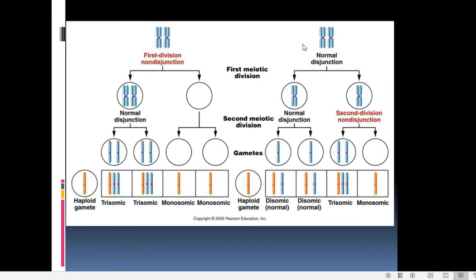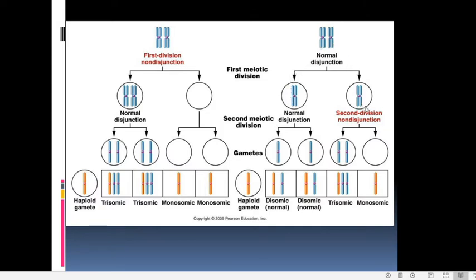So what will happen to a particular homologous pair when meiosis occurs? During meiosis, in the first stage, the parent cell will divide into 2 daughter cells, and just prior to this division, the homologous pairs will come and align together. So when the first meiotic division occurs, there will be formation of 2 daughter cells, and one homologue from each pair will go to each daughter cell. So that is what happens during a normal meiotic division in the first phase. Each member of the homologous pair will go to each daughter cell.